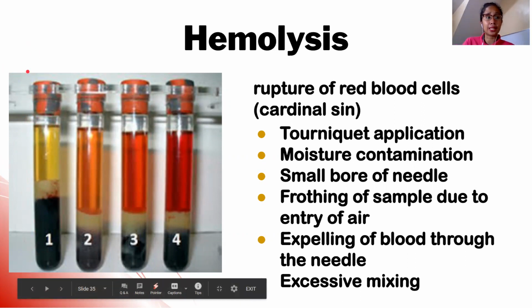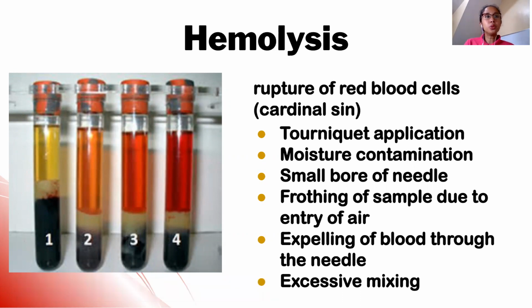Ganyan dapat ka-golden glass yung serum mo. So 2, 3, 4. So there, 2 has slight hemolysis, 3 and 4 have markedly increased hemolysis. So kailangan ulitin ang hemolysis. Pag hemolyzed ang sample, you need to repeat that. Hemolysis may be due to tourniquet application, moisture, contamination, small bore, yung disadvantage naman ng choosing the smallest bore,